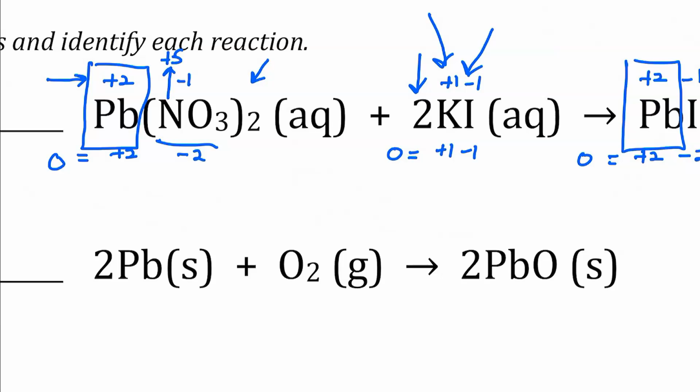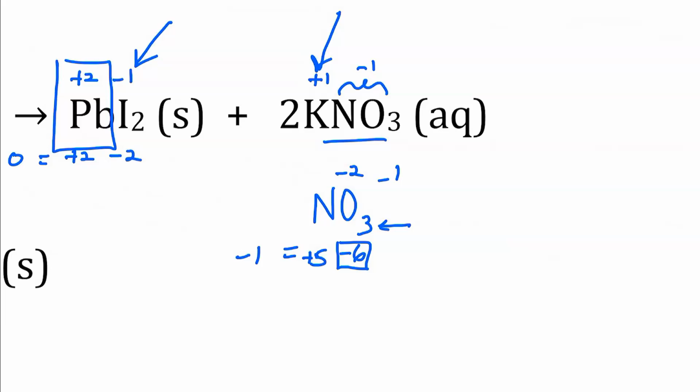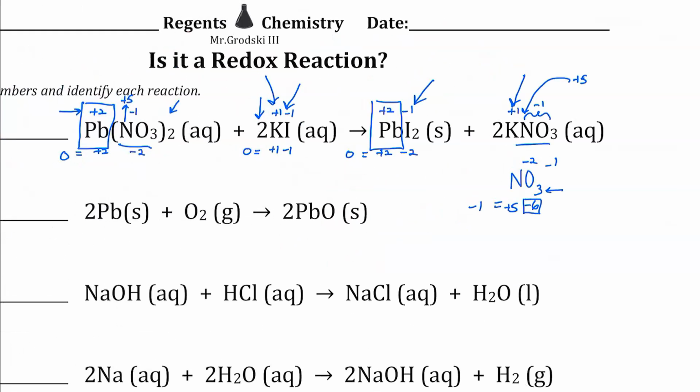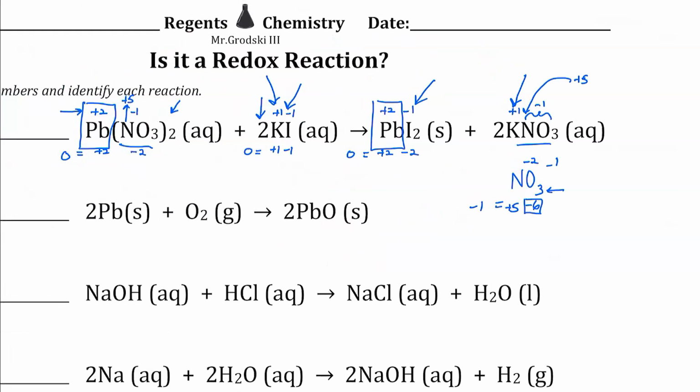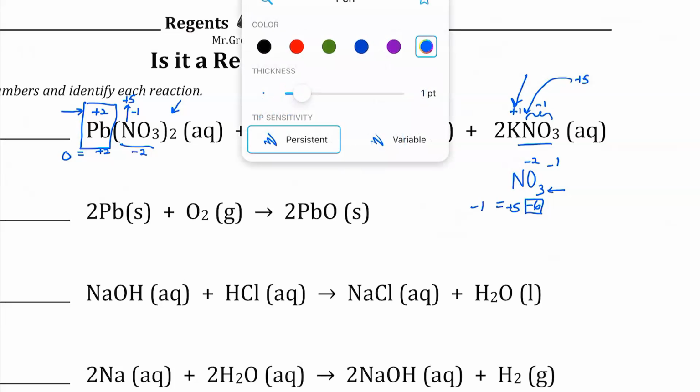And because it's still a -1 altogether, we can guess that in the same nitrate, it's still +5. And the oxygen's -2. So nothing has changed since it's still NO3 and acting as a -1 ion. So again, what am I doing here? I'm assigning oxidation numbers because, party people, I want to see if we actually have a change